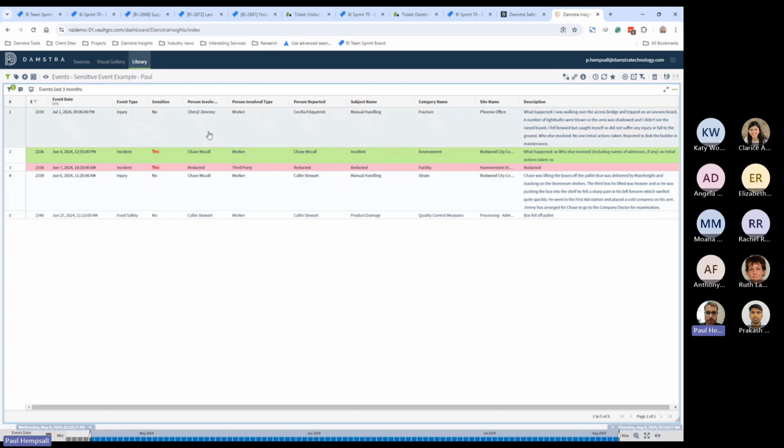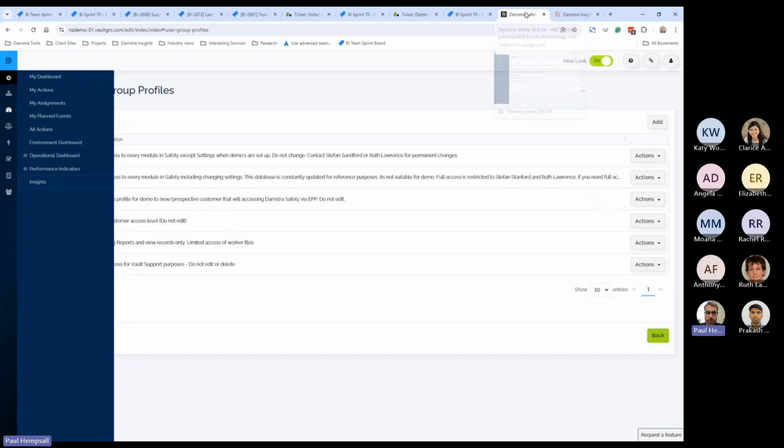If you have a look here, you can see we've got two sensitive events set up inside the system. For the first sensitive event, we've got some conditional formatting to highlight it in green. This one shows that I'm the assigned user for this sensitive event. This is event 2336, and I'm allowed to see all the information associated with that event because I'm the assigned user. So if I go back to safety quickly and show you that event,